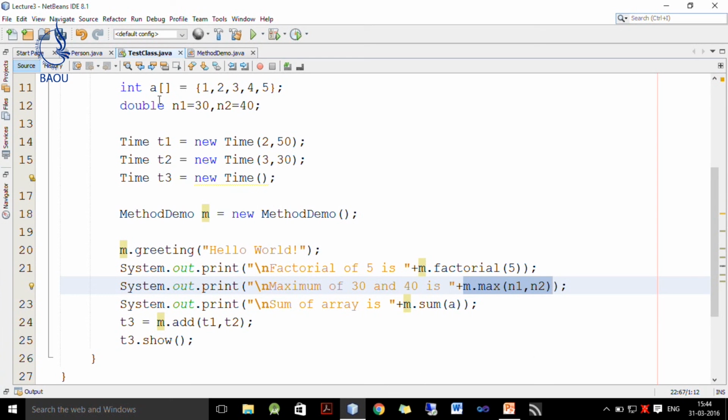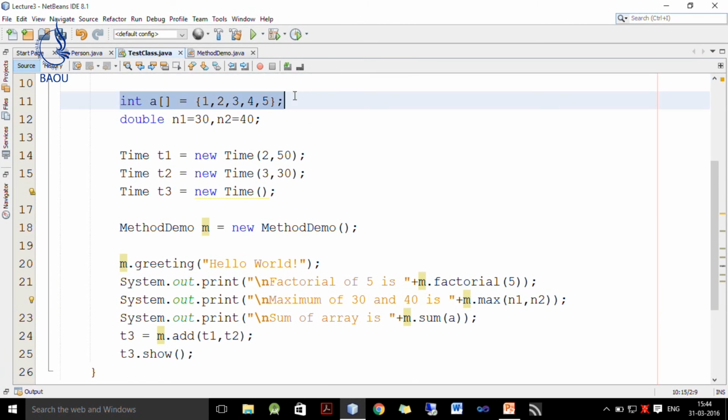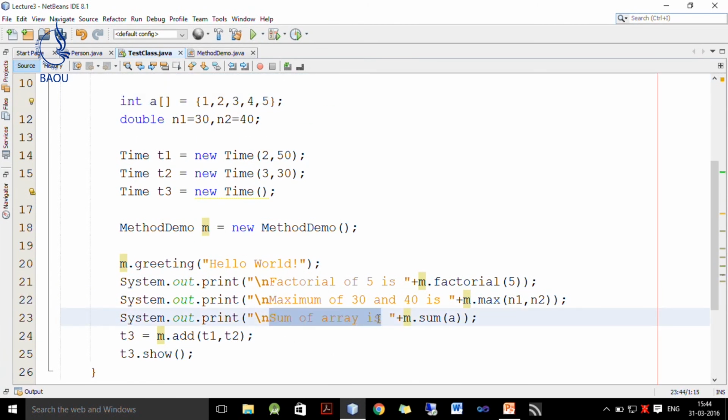Next we want to display the sum of the array. So, we write sum of array is, and then we call sum method and provide array A as argument. It will add 1 plus 2 plus 3 plus 4 plus 5, which is 15. So, it will print sum of array is 15.